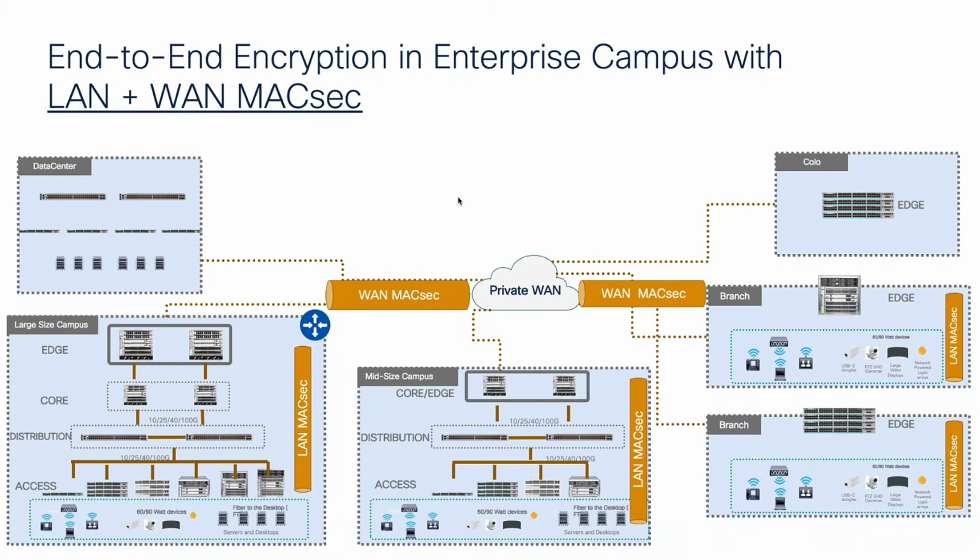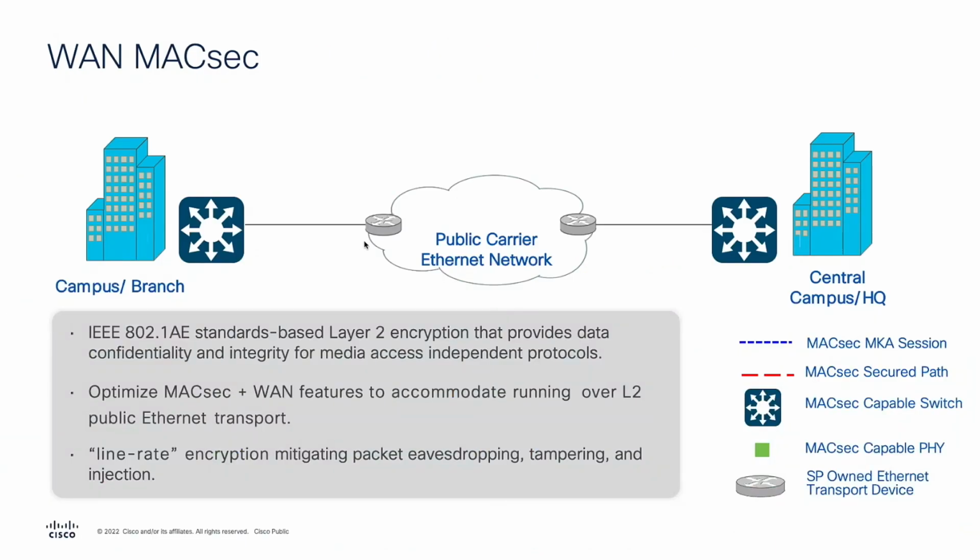Okay, but there is a small problem here, right? You need a dedicated layer 2 circuit, a layer 2 Ethernet provider, to be able to do all this encryption across the WAN. But if you need to extend this over the internet, obviously that is where IPsec comes in. I'm going to talk about this in detail in my next slides, but quickly highlighting the WAN